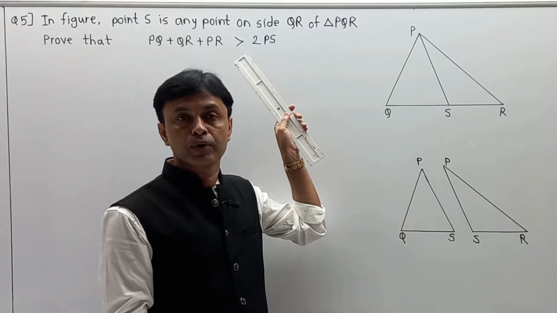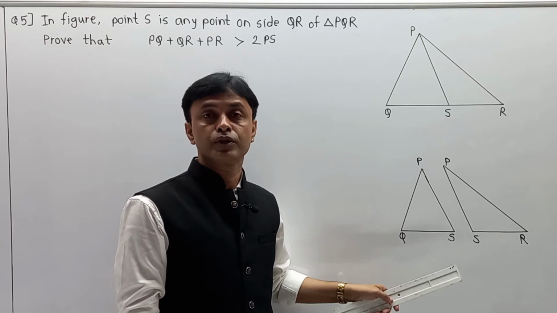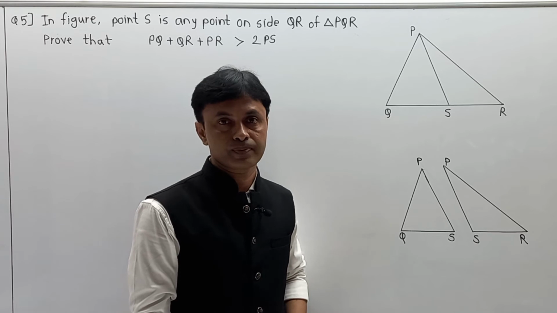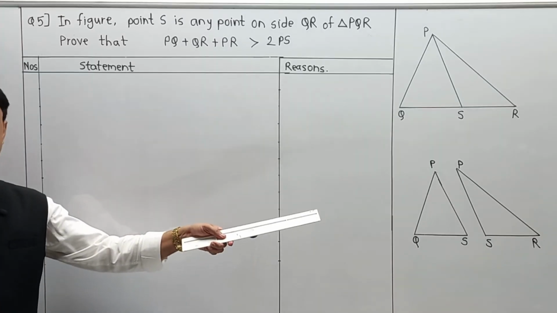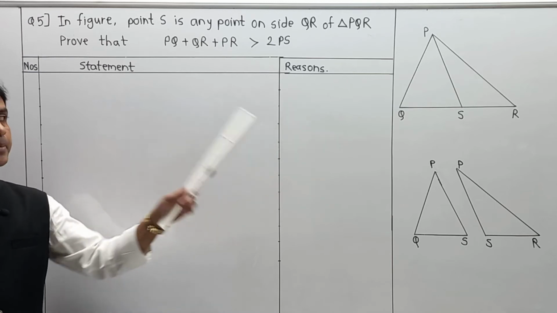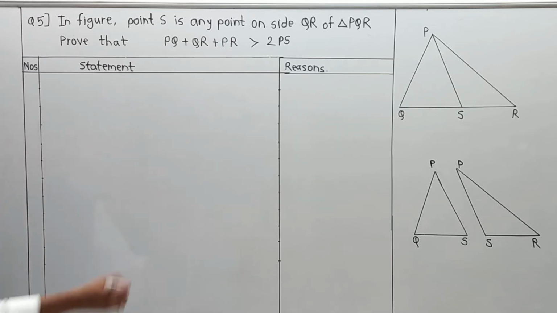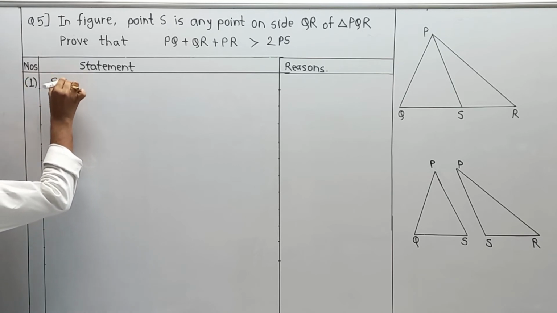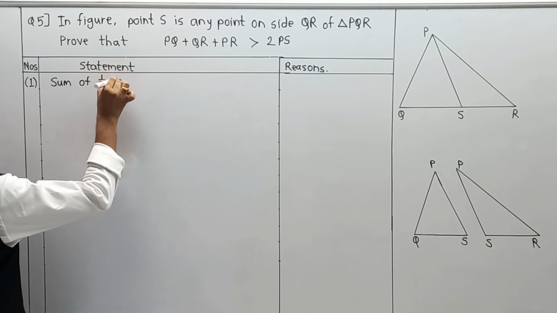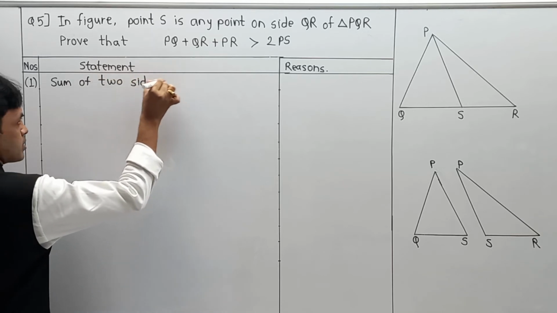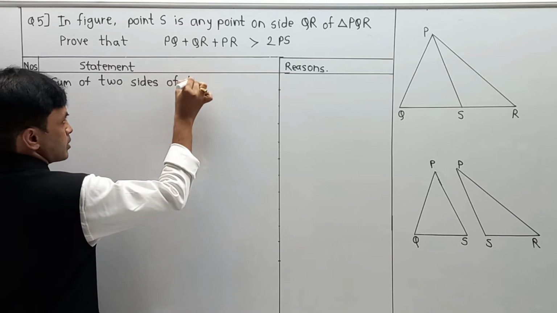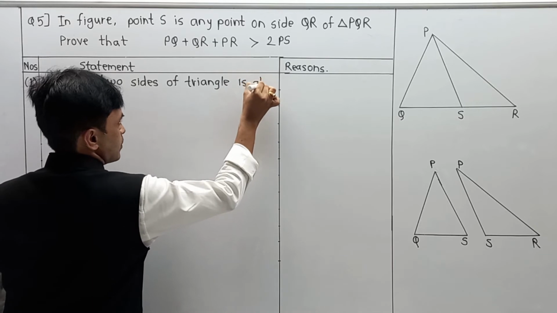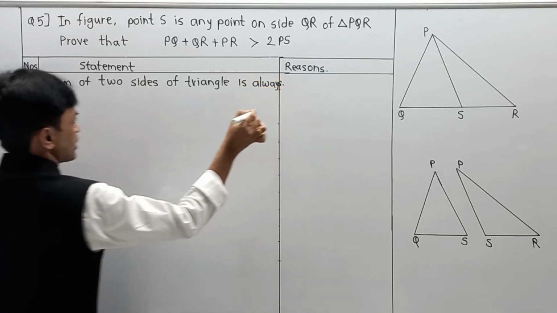Again student, when I explain a question, diagram and breakup, first draw it and then observe the next part. Then you can clear all the concept properly. Now whatever we have described in terms of triangle and breakup of that part, we are going to explain over here. And the part is, first, the sum of two sides of a triangle is always greater than third side.